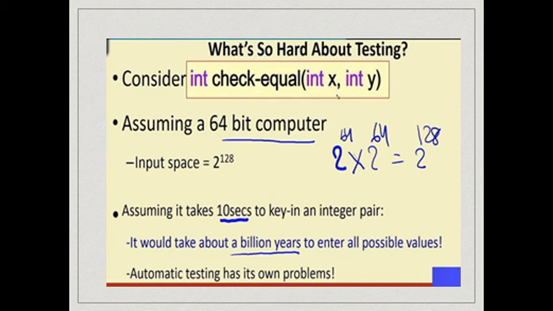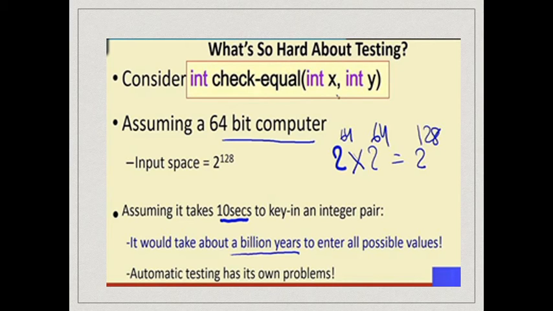So first let's convince ourselves that even a very small function, just a two-line function, can become extremely hard to test, if we want to do black box testing thoroughly, that is exhaustive black box testing with all the possible input values. Let's consider a very trivial function. The name of the function is check equal. It takes two integer parameters and checks if the two parameters are the same. Basically just one line is here: if x equal to y, return 1, else return 0.